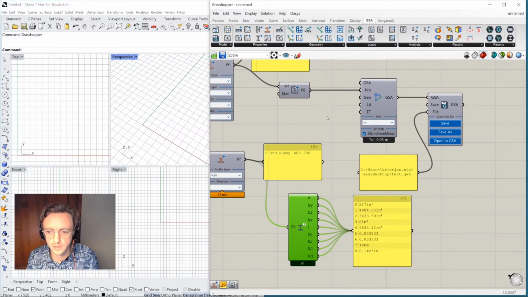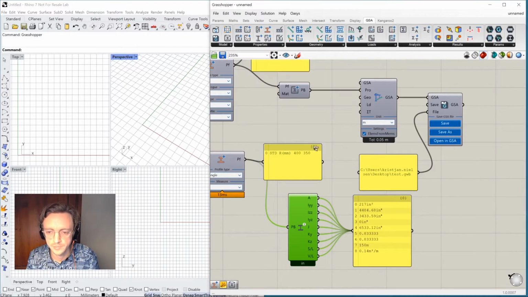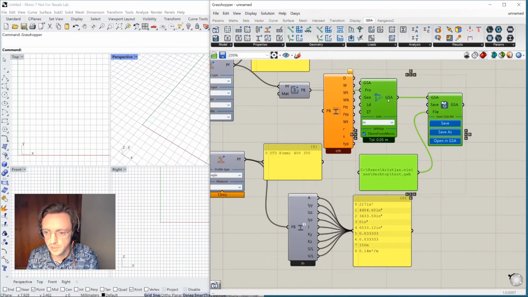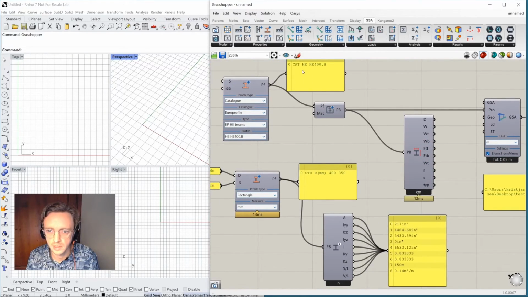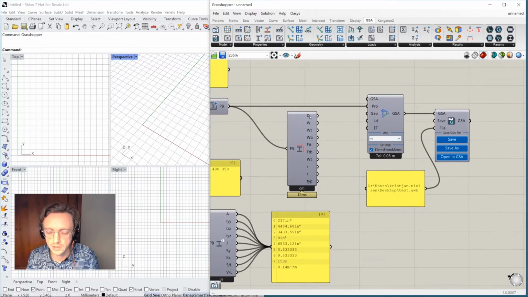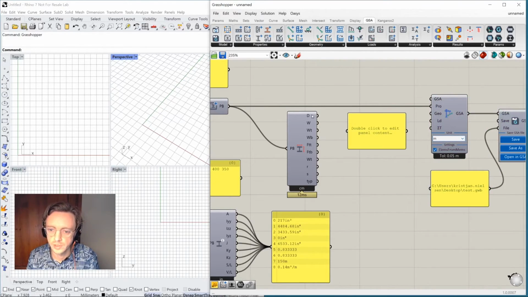We can also have a look at the other component I mentioned before, the section dimensions. So if you want to know, for instance, let me give myself a bit more space, move this over. If you want to know the dimensions of a HE400B, we can use this component here. And I didn't give myself enough space, gonna move this a bit more. So the depth of this profile is 40 centimeters, the width is 30,